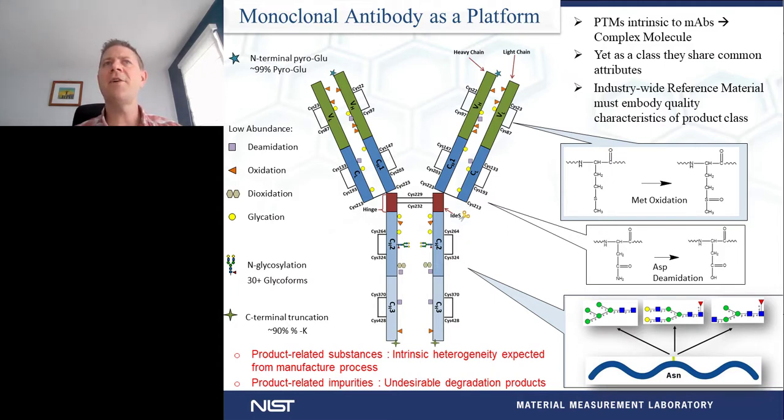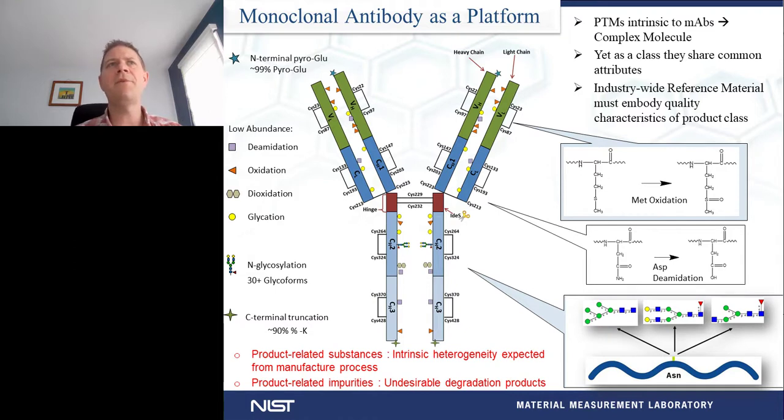When we start to look at the molecule, every monoclonal antibody has 2 light chains and 2 heavy chains. You can see the individual Cys markings on this particular structure. Those are disulfide bonds. Every monoclonal antibody also has these disulfide bonds, either within the same chain, such as the cysteine 22 in the upper left-hand corner, or between the 2 chains, as you can see in the Cys 222, 229 in the middle of this figure. So in addition to that, you can see we have these different shapes. There are the triangles and the circles and the squares that are peppered throughout this individual molecule on both the heavy and the light chain.